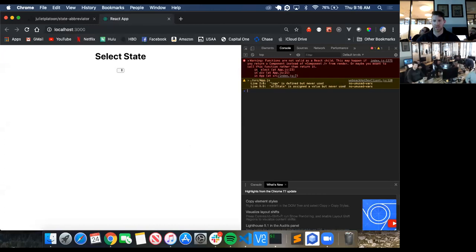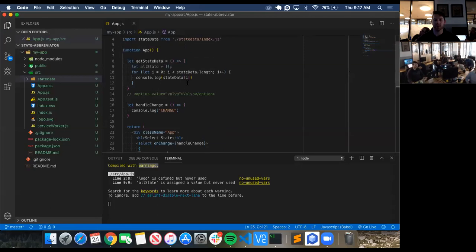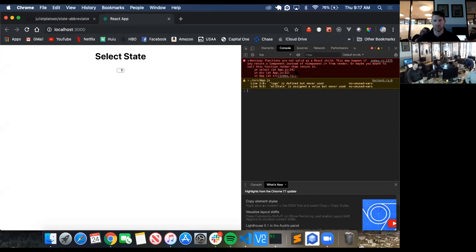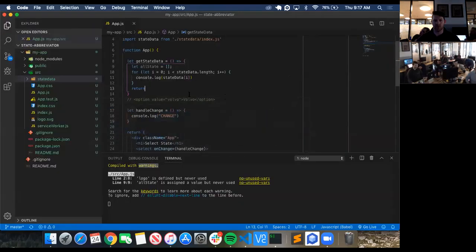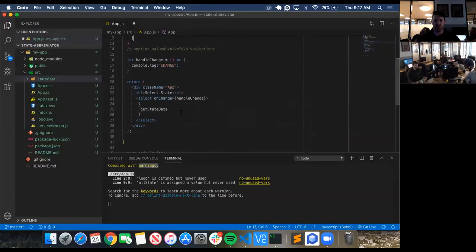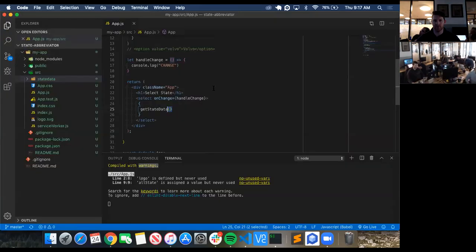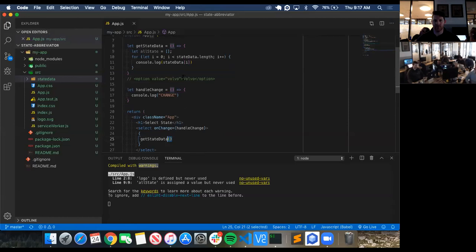Not valid. This may happen to return instead of render. So you're not returning anything from get state data, so you also need a slash after get state data to say that you're actually executing. Hold on a second. It was working before. There we go. So,